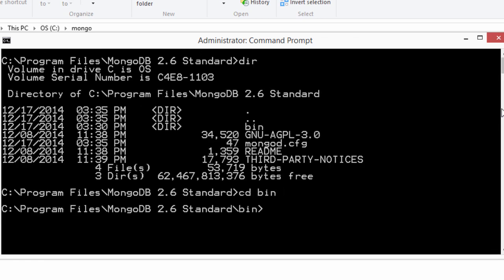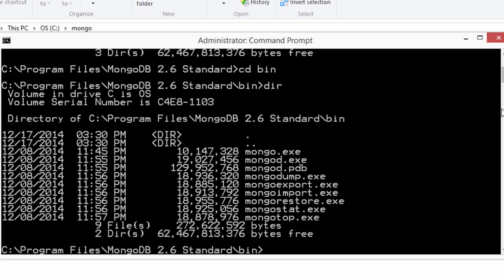Now let's go into the bin folder here, which contains MongoDB executable files, and to install MongoDB as a service, we'll type mongod.exe followed by --config, and in the double quotes we'll give the path to the config file that we've just created.